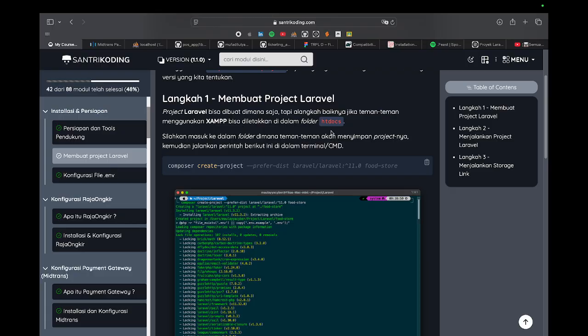And if you are better with XAMPP, just use XAMPP. When on Windows and you use XAMPP, you can put the project in the htdocs folder. But if you use macOS like me, I don't have the htdocs folder from XAMPP, so I just use it like a usual server.